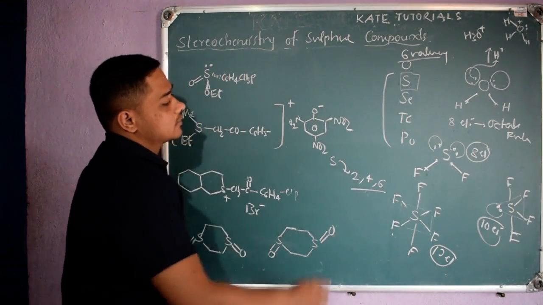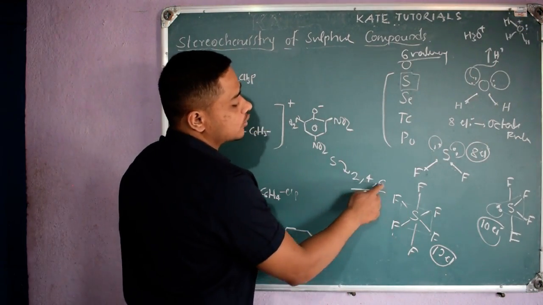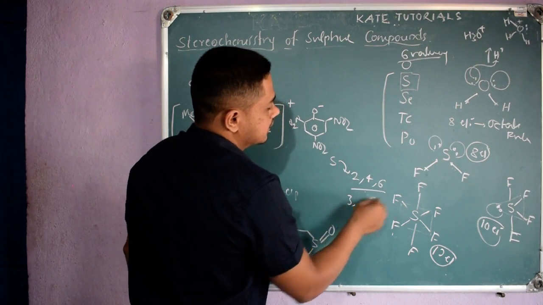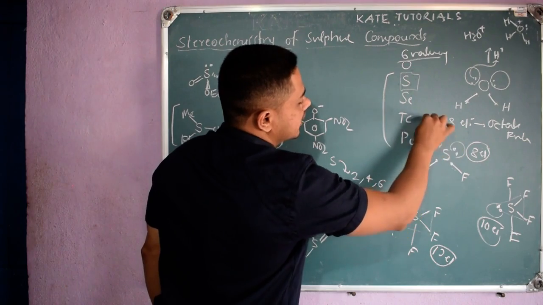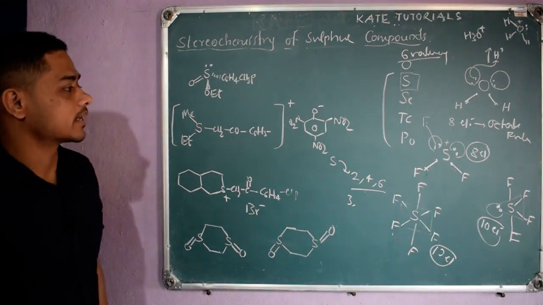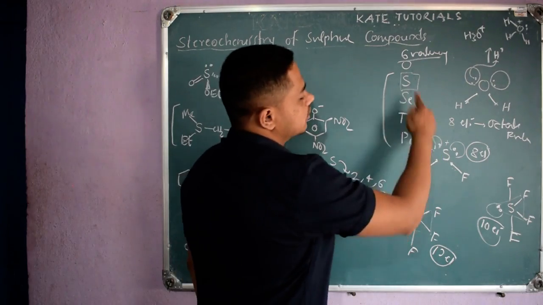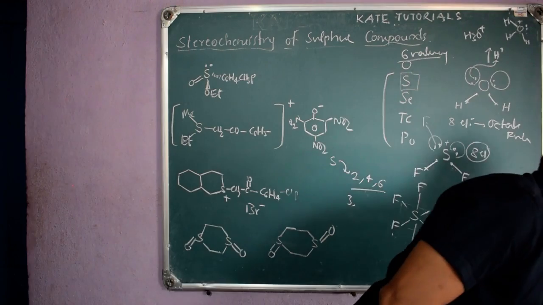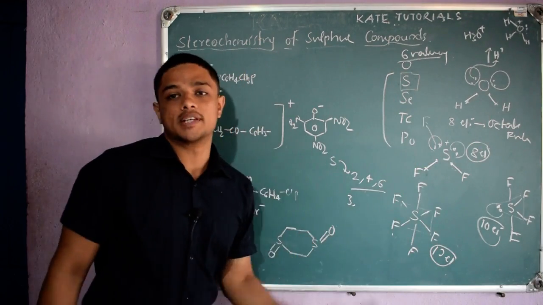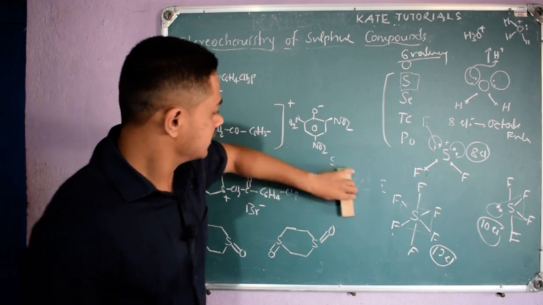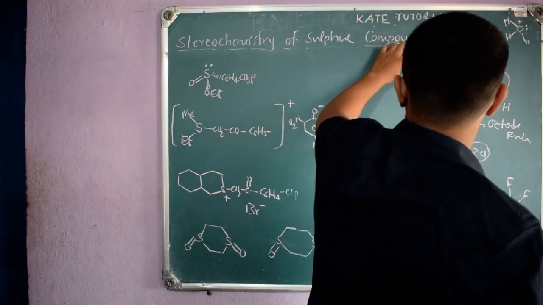Oxygen will have a plus charge, one lone pair, and the others are bond pairs. Similarly, sulfur can have 2, 4, 6 bonds. If it gets 3 bonds, then sulfur gets a positive charge. Like that you should remember, because the lone pair is involved. So this is the basic we should know about valency, bond formation and lone pairs. Once we know all those things, now let us switch to the